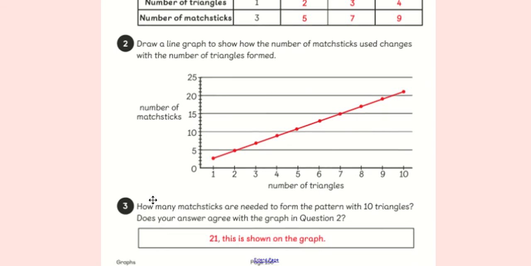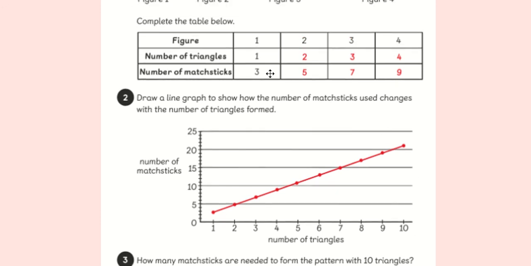Okay, so the question 3, how many matchsticks are needed to form the pattern with 10 triangles? We need to go to 10 triangles, go up, and you should have joined your line all the way along with a ruler to find that we get 21 as our number of matchsticks. It says, does your answer agree with the graph in question 2? Does it work out? So if you wanted to check your answer, you could have gone up in the table,